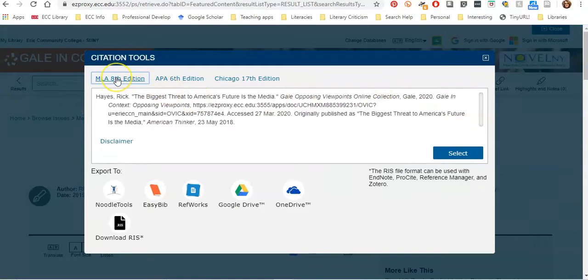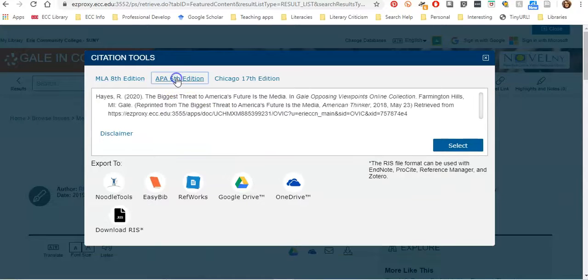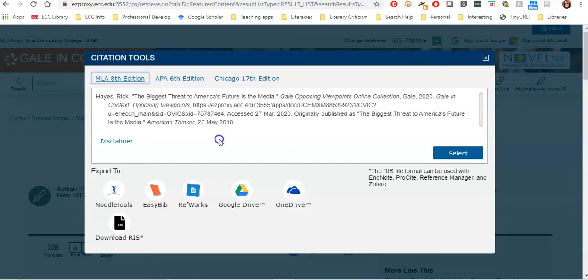Up at the top, there is the Cite feature. It's set to automatically go to the MLA 8th edition. So this would be the MLA citation for this article. You can change it to be APA if you want. These are really nice. You can just copy and paste them into a Word document or into an email,